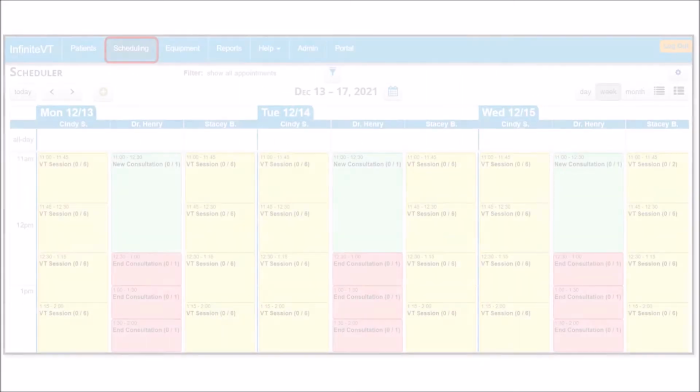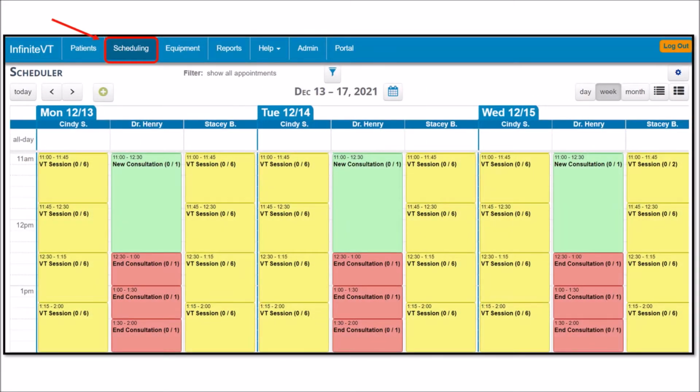The receptionist clicks on Scheduling on the top menu bar. In this example, let's say the parent wants to schedule the first session on Monday at 11 a.m. and wants that to be the regular session time. The receptionist clicks on the appointment slot,